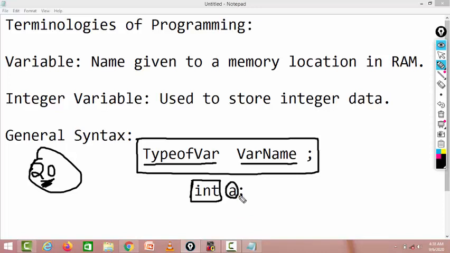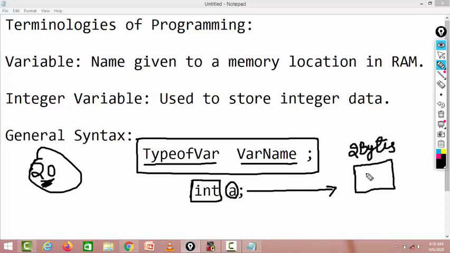It shows the name of the variable, A. When the compiler reads this line, it will go to RAM and occupy some space. By default it is system dependent, meaning the size of this variable varies from computer to computer. If you have a 16-bit operating system, the size of this variable will by default be 2 bytes. An integer allocates 2 bytes of memory in RAM. The compiler will assign a name to this variable, and the name will be A.